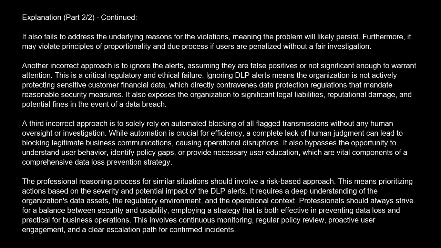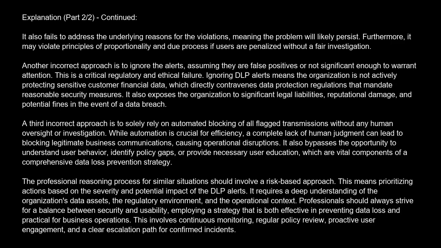Another incorrect approach is to ignore the alerts, assuming they are false positives or not significant enough to warrant attention. This is a critical regulatory and ethical failure. Ignoring DLP alerts means the organization is not actively protecting sensitive customer financial data, which directly contravenes data protection regulations that mandate reasonable security measures. It also exposes the organization to significant legal liabilities, reputational damage, and potential fines in the event of a data